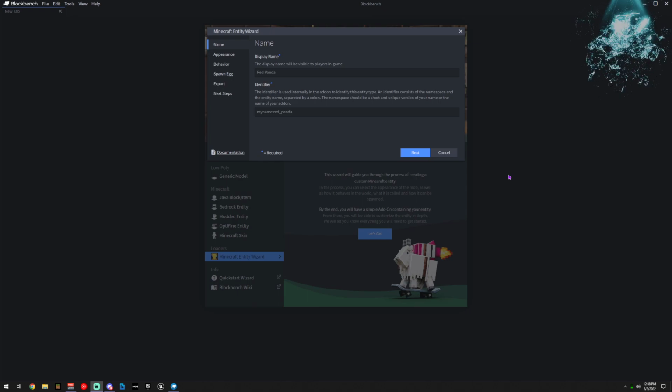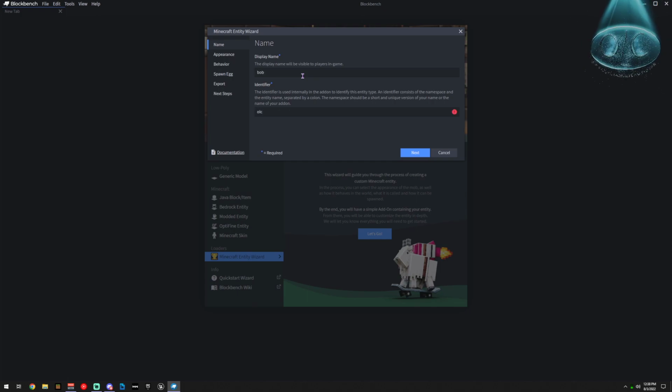It's a plugin. If you need to know how to install it, I show you in my other guides. You can go check those out, how to install, how to find, how to get the Minecraft Entity Wizard. But right now, we're just going to run through how to do it. So here we go. We're going to make a Bob. Yep, that's going to be his name.